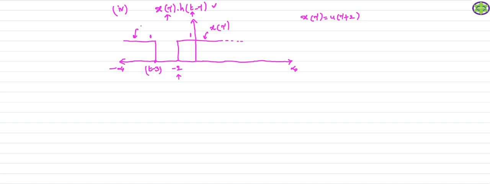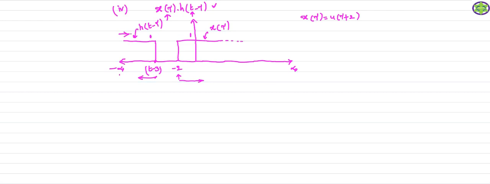So this is your h of t minus tau, based on the t value. It is going to move. I am considering the movement from left hand side to right hand side. Whenever t is minus infinity, it is starting from minus infinity. Whenever t increases its value, it is going to move in this direction. But it is defined up to t minus 3 only. Now it is defined from tau greater than minus 2.